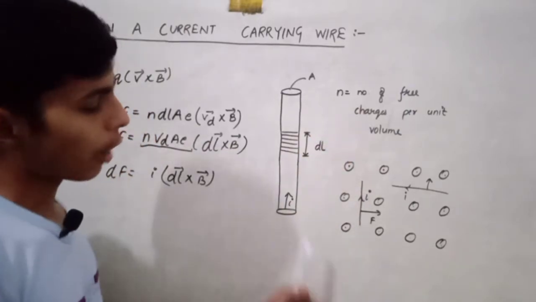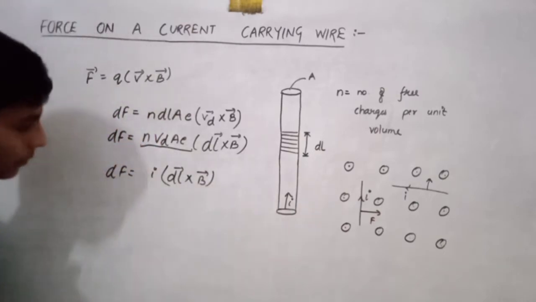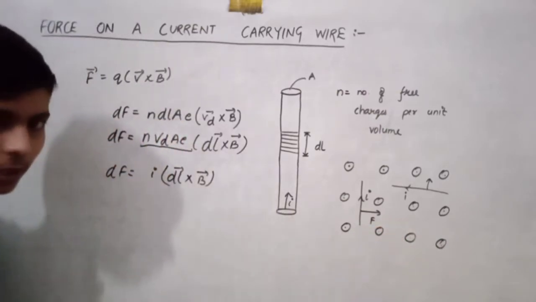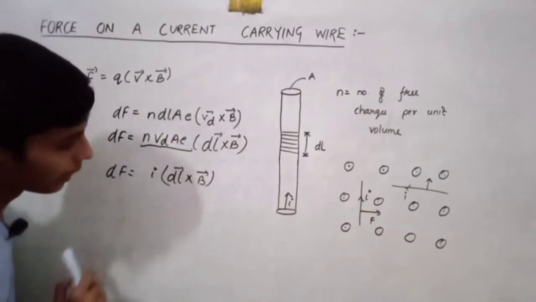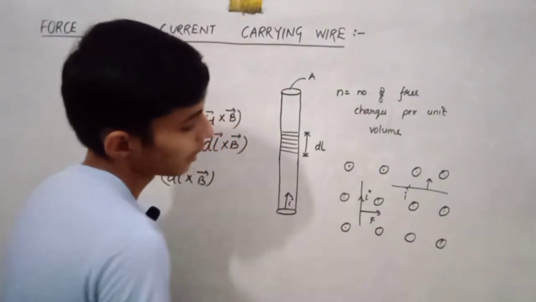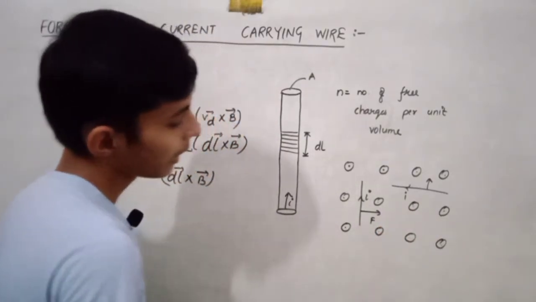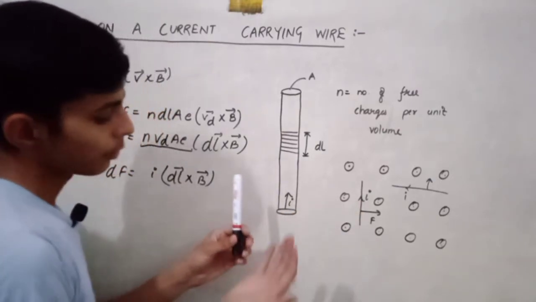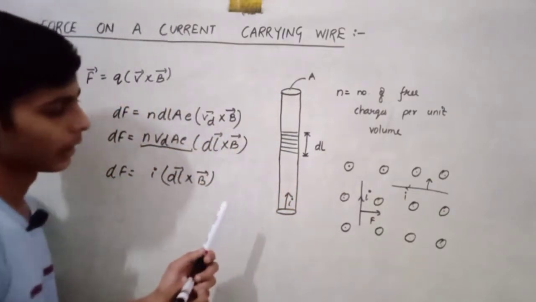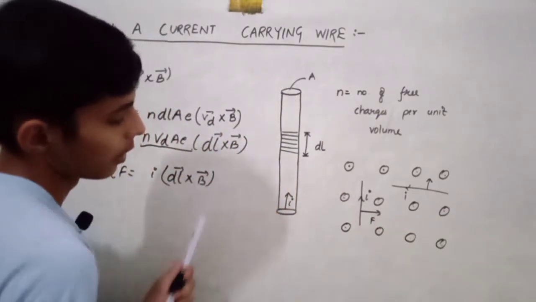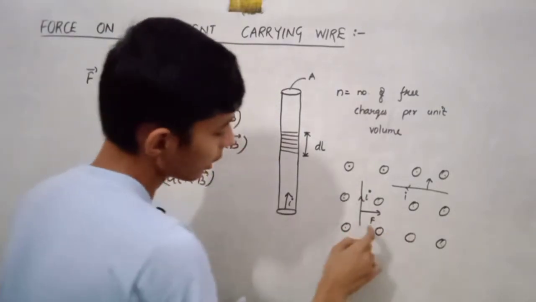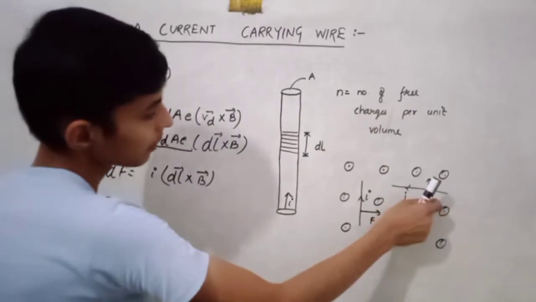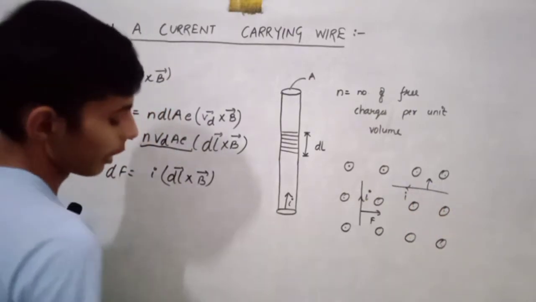Now how can we determine the direction of force? In order to find the direction of force, we have to encircle our finger from dl to B. In this direction, the magnetic field is out of the plane like this, and dl is the direction of current like this. So the direction of force is like this, from left to right. So this is our direction of force on this wire, and the same procedure will be followed here for finding out the force on this wire.